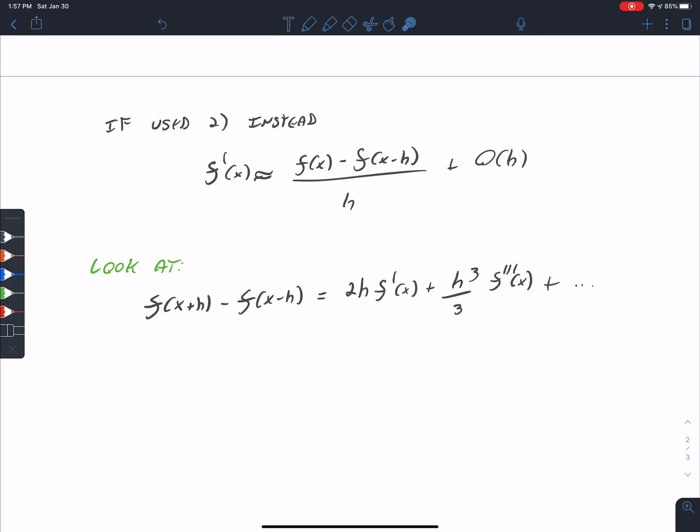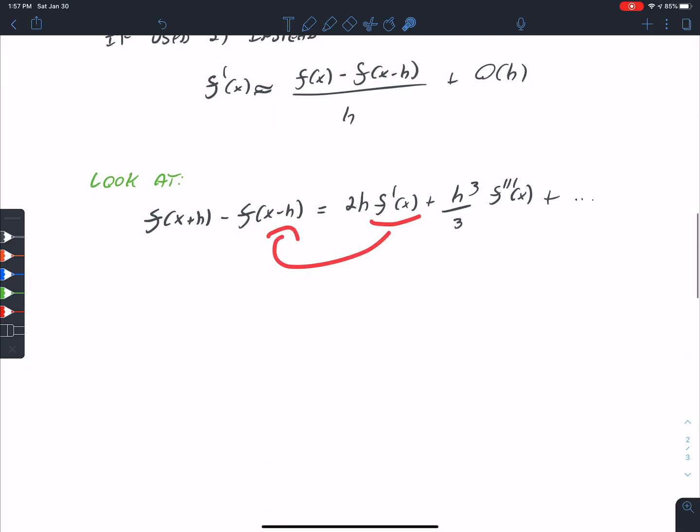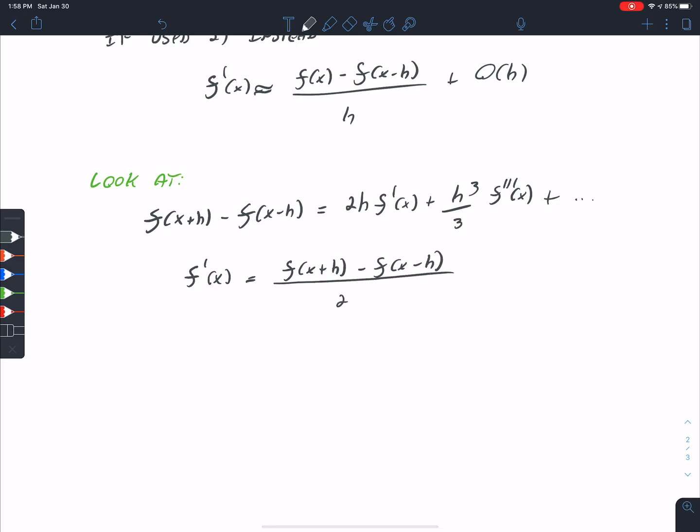So once again, we're going to now take this and put it alone by itself on the other side, right? We're going to do the manipulations that allow it to do this, and we'll come up with the formula. F prime of x will be equal to f of x plus h minus f of x minus h over 2h